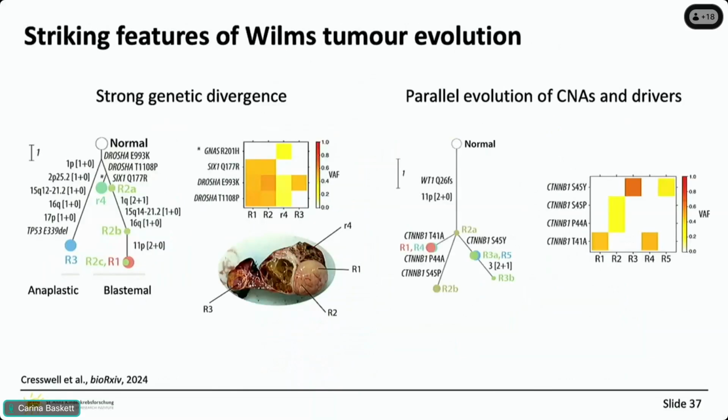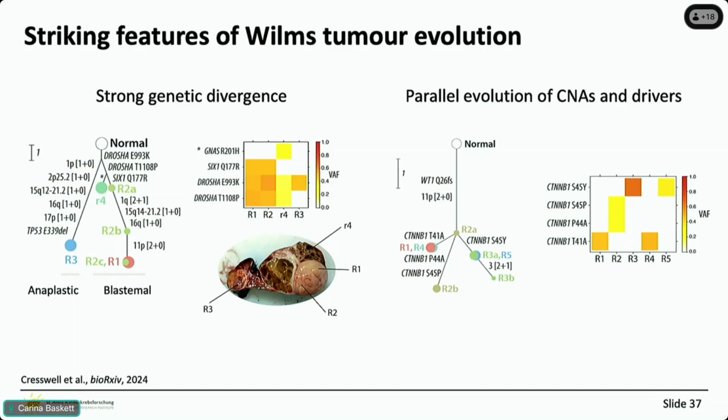And here are some little stories from different cases which we've studied in Wilms tumor. Sometimes in Wilms tumor we see incredibly strong genetic diversity or genetic divergence. So in this particular case on the left, this tumor was sampled in 2 different areas, and when you looked at the histology, they had very different histology. It doesn't really matter what that histology is, but it was so different that they were different subtypes. And when we looked at the genetic information, SNP arrays plus targeted sequencing, we saw they also had mutations that really reflected what they looked like under the microscope in terms of their subtypes. So they almost looked like completely independent tumors.